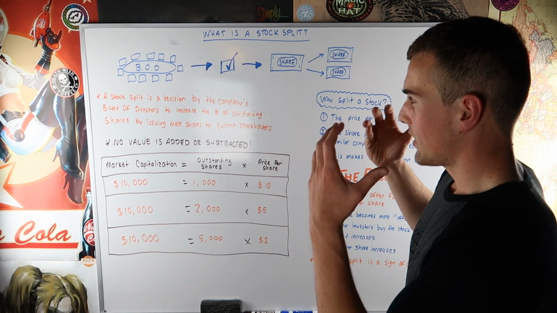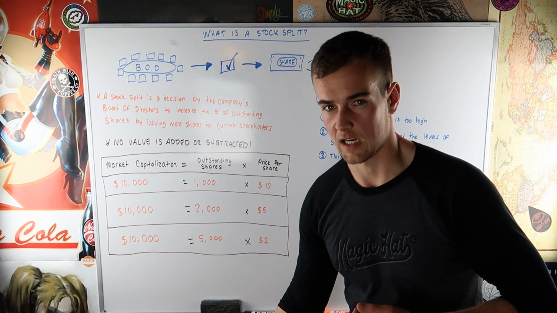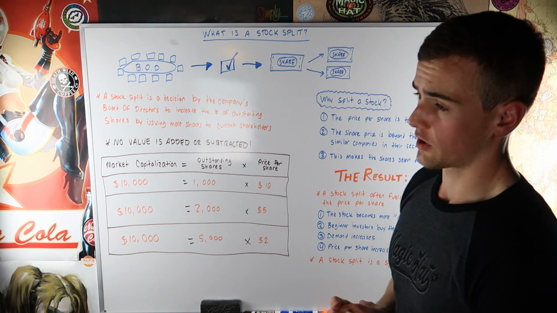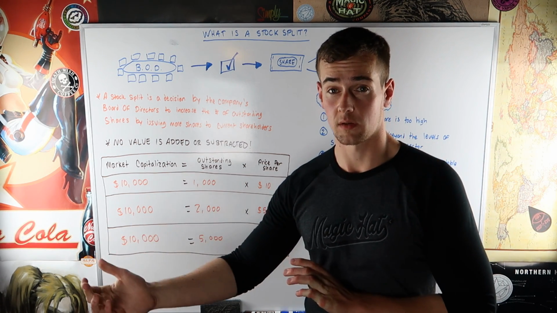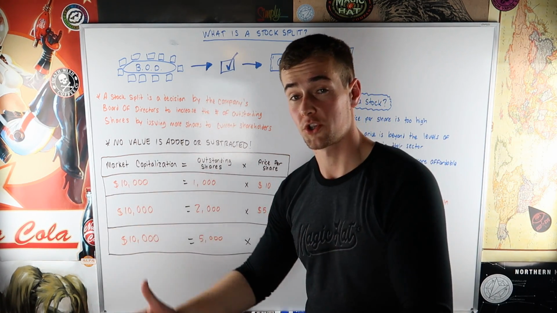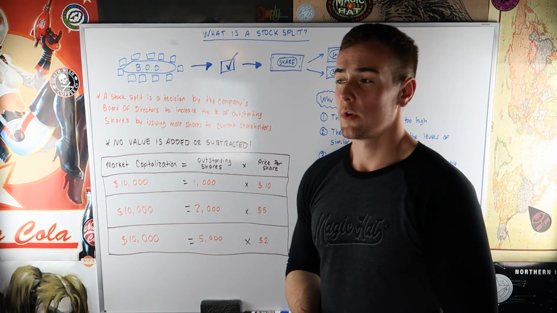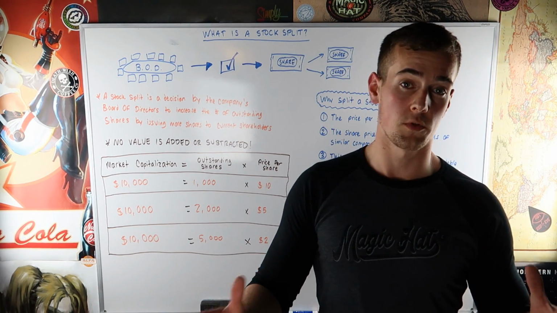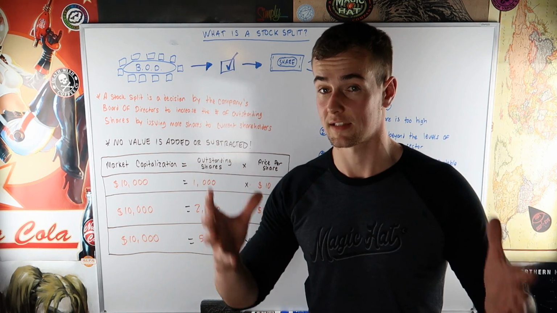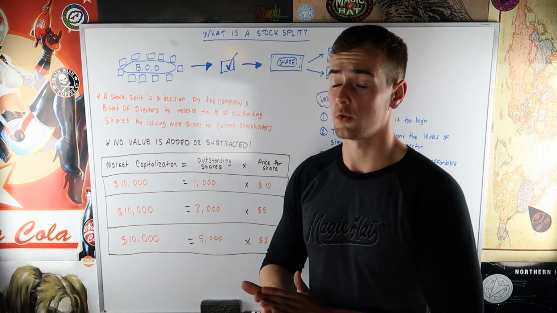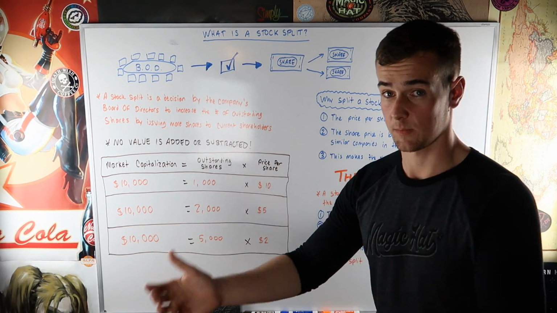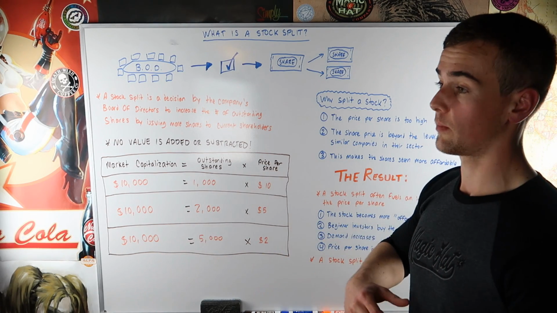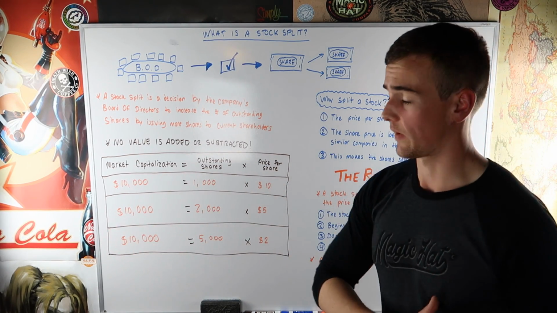The thing that people don't understand, or one of the major misconceptions with a stock split, is that the actual value of the stock changes. Many people look at the price of a stock, unfortunately, and determine whether it's an expensive stock or a cheap stock based on that stock price. The only real way to tell whether or not a stock is a value is to look at the price to earnings ratio and compare it to other price to earnings ratios of stocks within that sector. That's really the only good way to determine whether a stock is expensive or cheap. You can't look at a share price and determine whether the stock is expensive, cheap, a good buy, or overvalued.